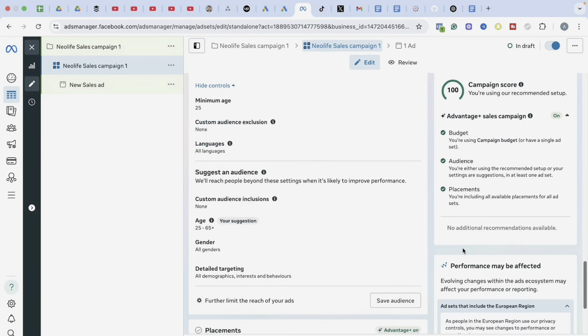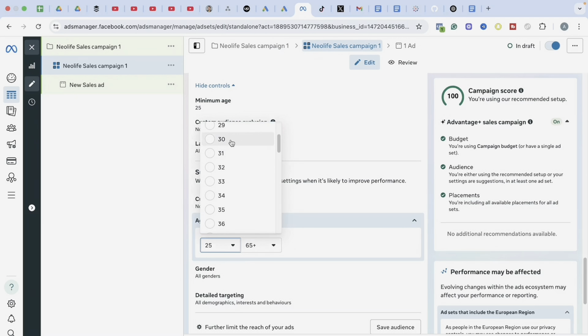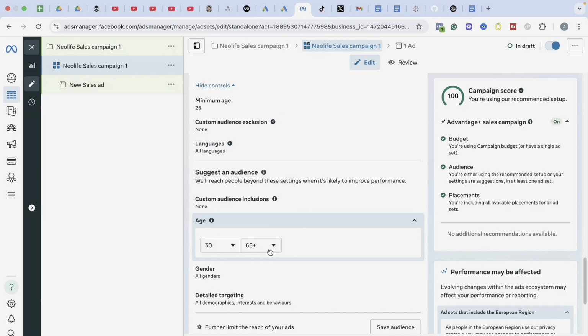So if you come to custom audience, like I said, as a new business you don't have any custom audience yet, so you will not select any. Can you see my custom audience is none? If I click on this pencil, I will not be able to select any custom audience because I don't have any. So under age now, I will come and increase my age, because the people I want to sell my product to are, in real sense, between the ages of 30 and, let's say, 55 on Facebook.